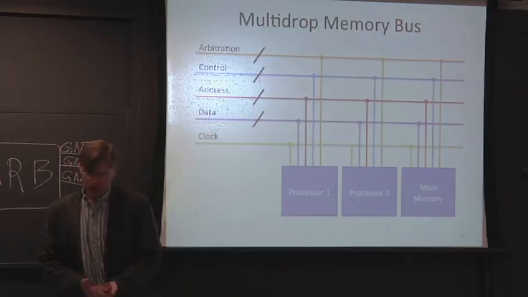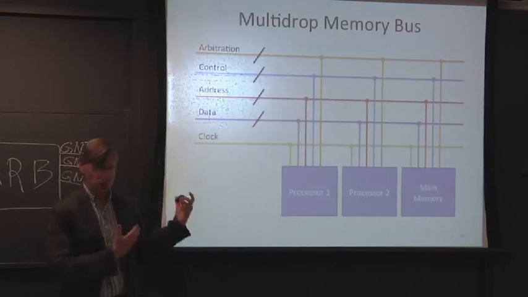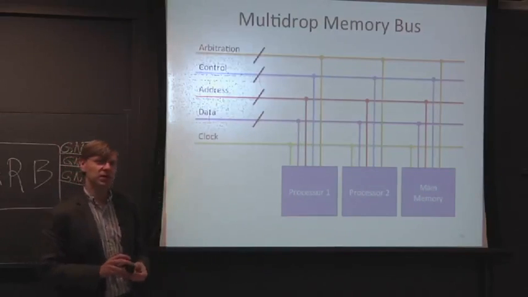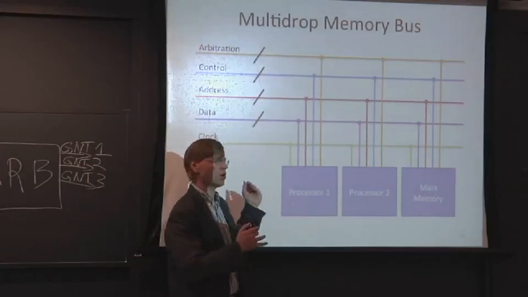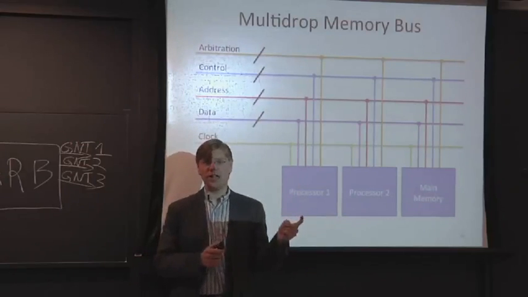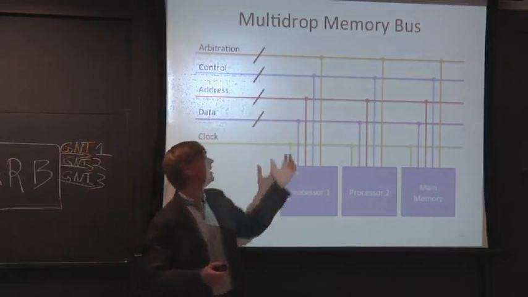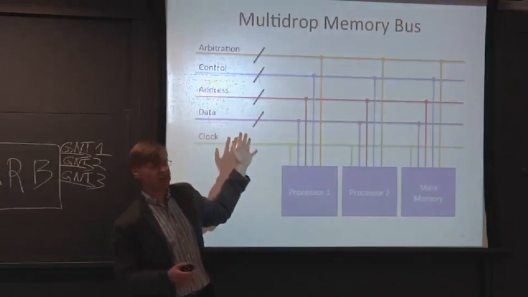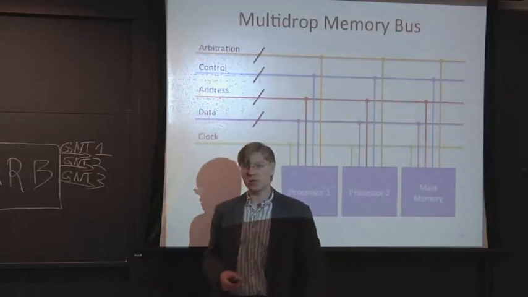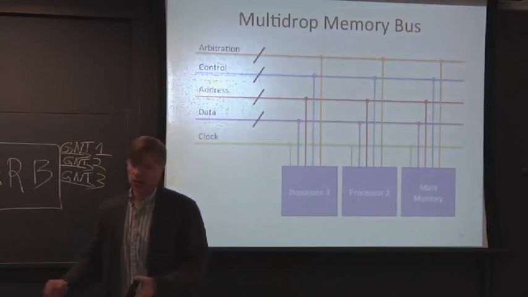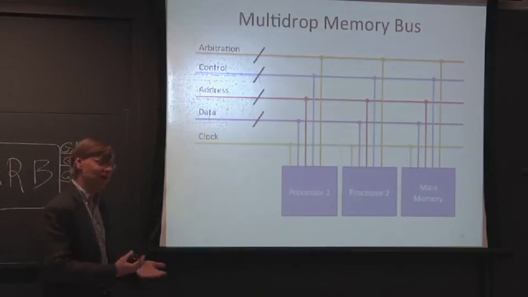And the processor 1 can read in that data then. Now, what are some downsides of doing something like this? Well, as you go to build this multi-drop bus, you're basically going to reserve the bus the entire time that you are doing one memory transaction. And you need to hold the bus the whole time while you do the arbitration, control, address, data, and wait for the data to come back. And that could be a long time, because main memory might take a long time to return data. And this is a problem. So what did people think about doing? Well, they applied